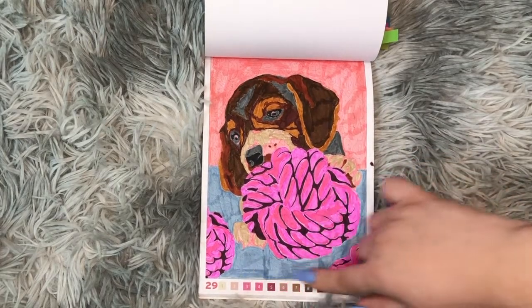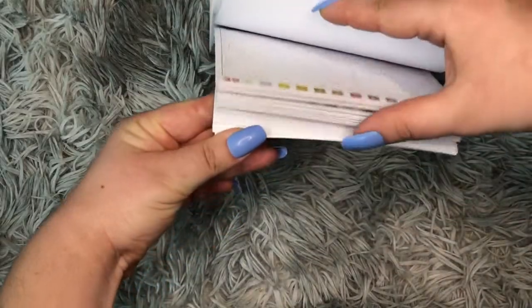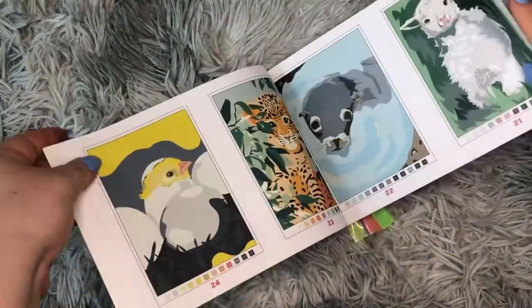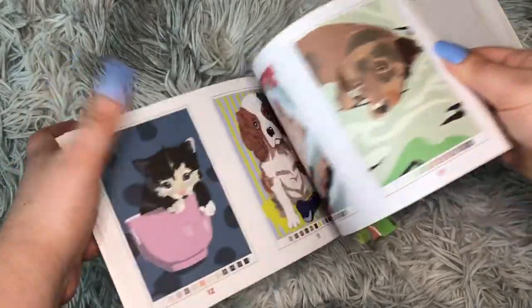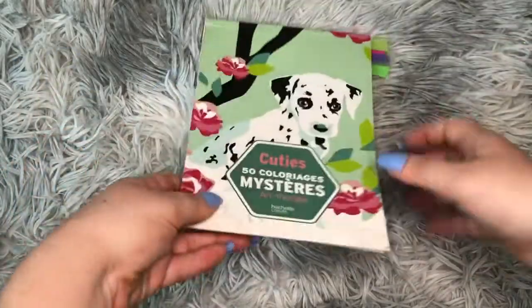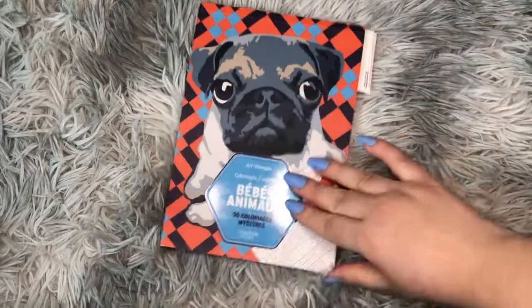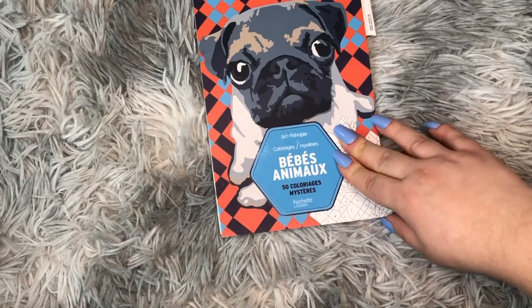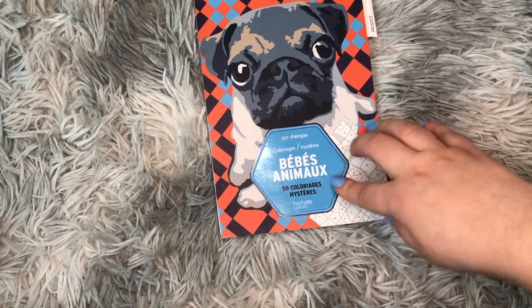Love it. The color palette is obviously on the bottom. You have a preview thing in the back, so you can see all of the pictures, so you can pick that way if you wanted to. Really like that one. And then a very similar book is my Art Therapy Baby Animals 50 Color Mysteries, again